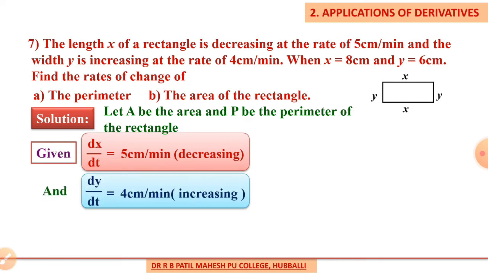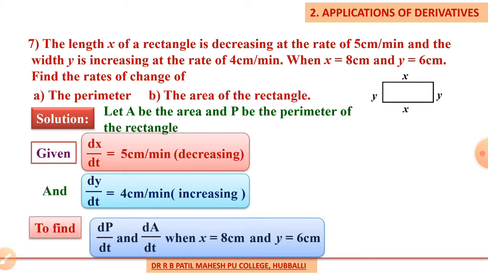Next, dy by dt, the width y is increasing at the rate of 4 cm. So here dy by dt is equal to 4 cm per minute. Next, by using these terms, you have to find the change in the perimeter of the rectangle, that is